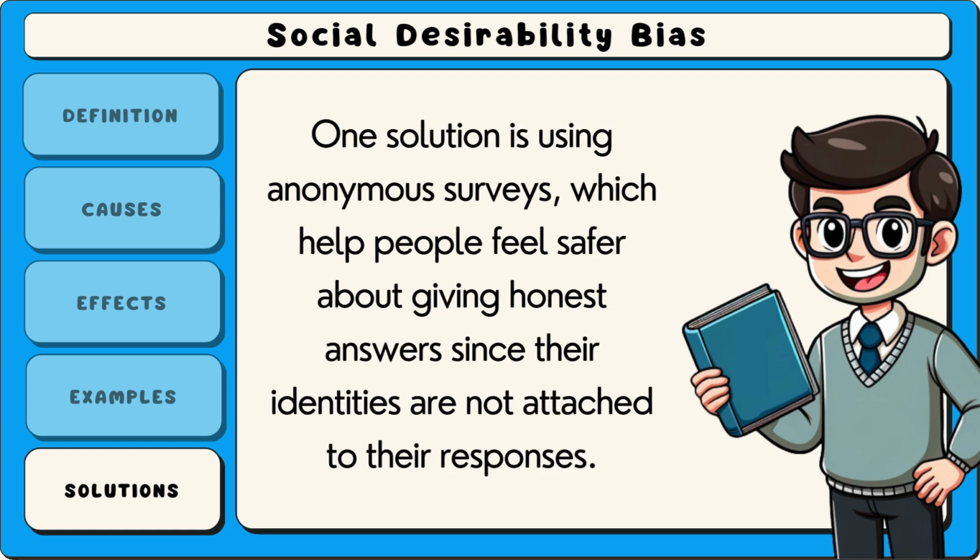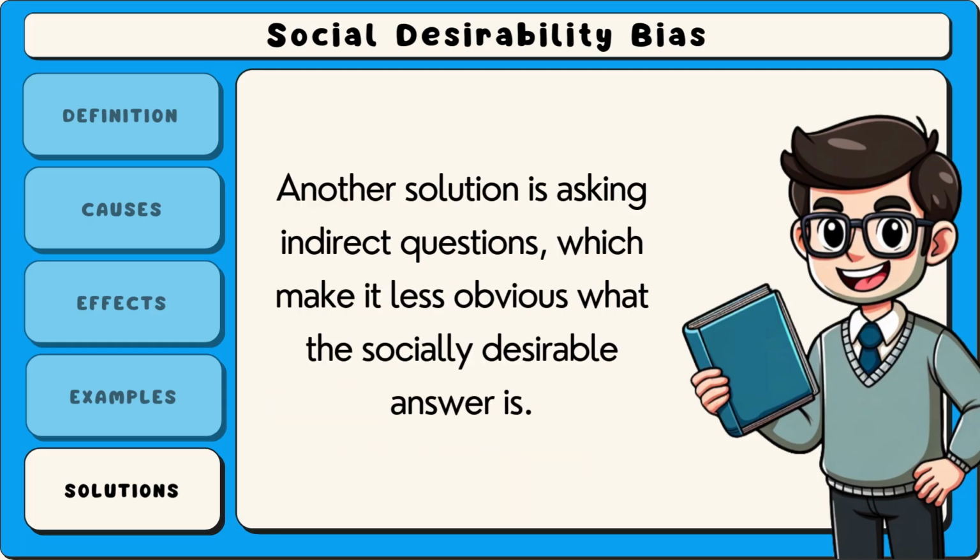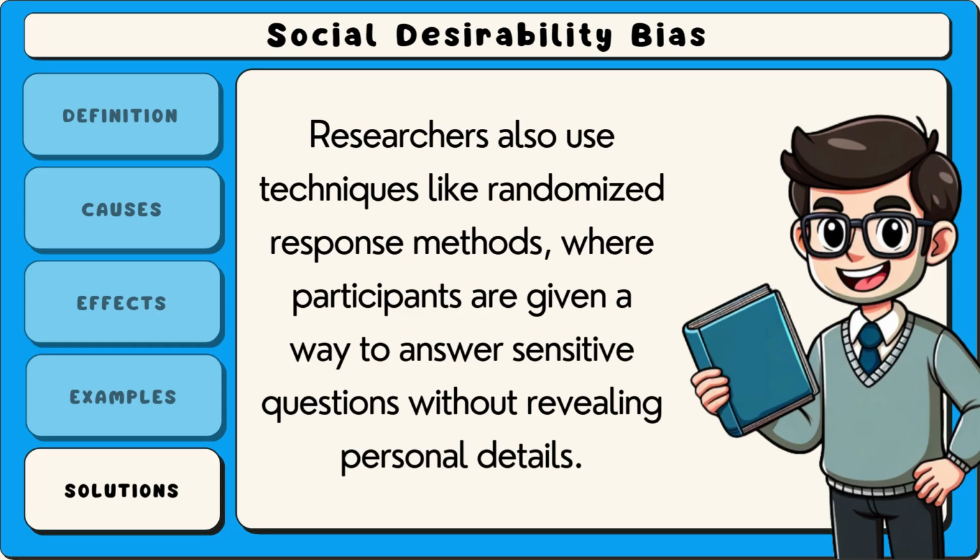One solution is using anonymous surveys, which help people feel safer about giving honest answers since their identities are not attached to their responses. Another solution is asking indirect questions, which make it less obvious what the socially desirable answer is. Researchers also use techniques like randomized response methods, where participants are given a way to answer sensitive questions without